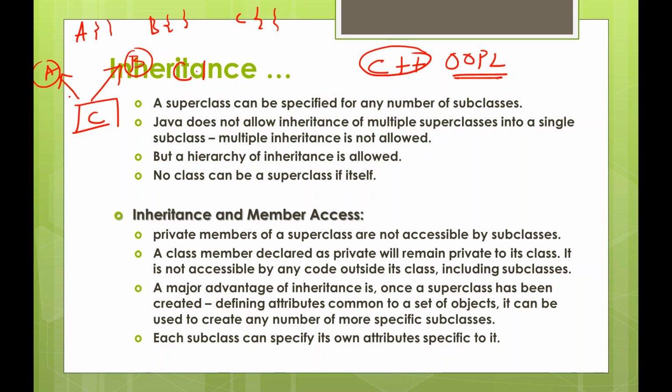This is in your C++. It can extend both classes A and B, so A and B become superclasses of C. But in Java,